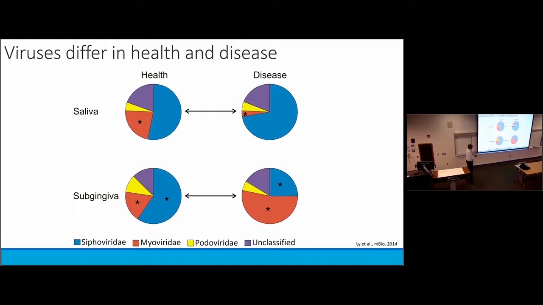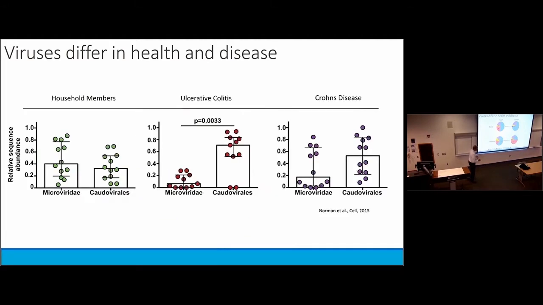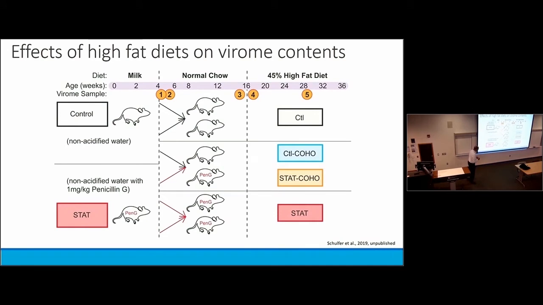Are these changes in the phage community just a reflection of changes in the bacterial community, or are these phages actually driving the change? And that's a question we really haven't been able to answer in our studies. Another group has gone on to look, for example, at Crohn's disease and ulcerative colitis, and can even find virome differences in individuals who have ulcerative colitis. So it's not just periodontal disease where you can find those differences.